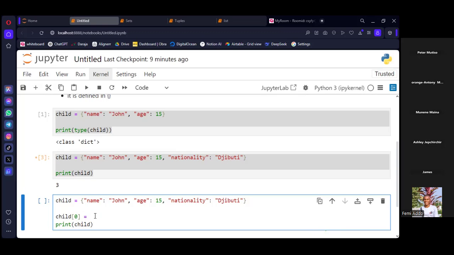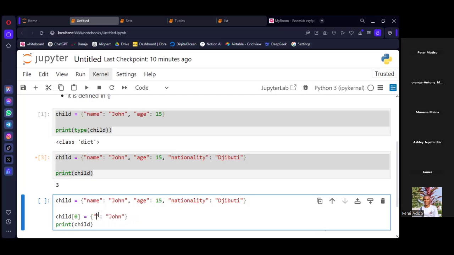I know this one is not going to work. Okay, let me see. But then let me try to modify it to be, for example, James.